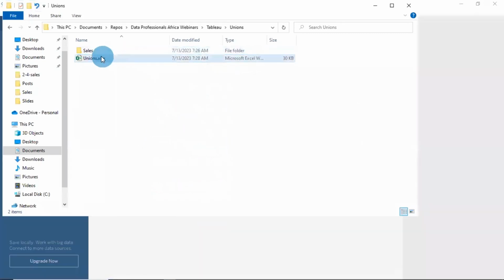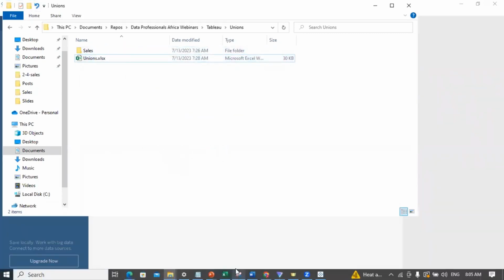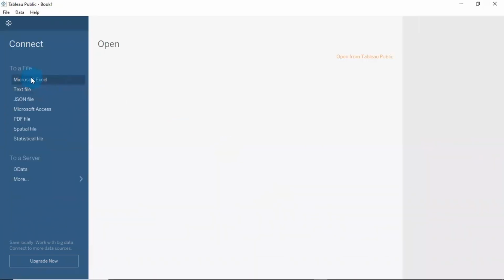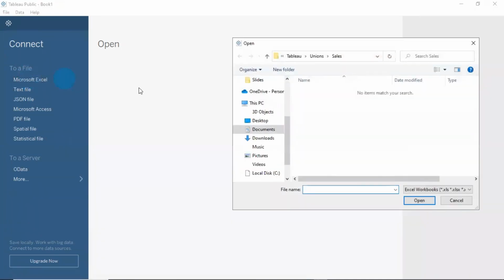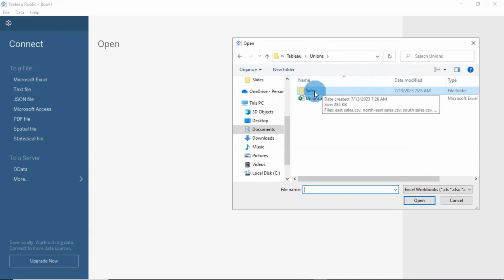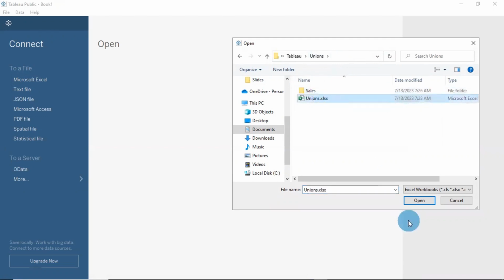We'll be working with the unions.xlsx file, and you can find it in the folder. So our file is an Excel file. So I'll click on Microsoft Excel to connect to the Excel file. And when you come to the folder, this will be in the project description, in the video description. So in the folder, you see a file, unions.xlsx. So I'll select this and